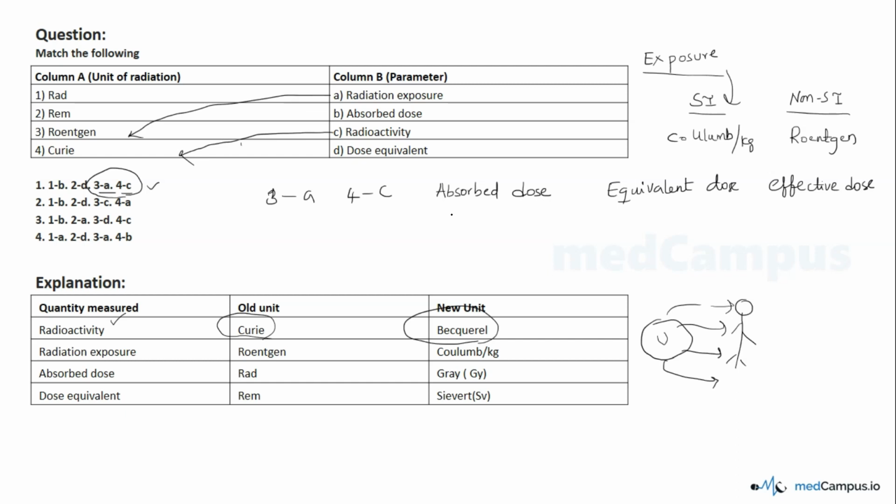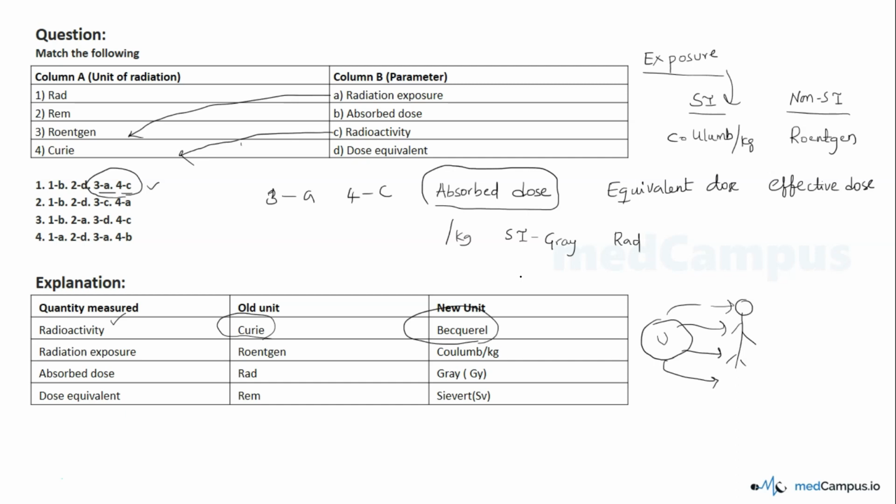But how much of the exposed radiation are you getting absorbed? So how much of the exposed radiation is entering into your body is the absorbed dose. It is the total amount of radiation delivered per unit volume of organ, that is kg. So this is the amount of energy you are getting absorbed. So how do you measure absorbed dose in general? The SI unit of absorbed dose is Gray, and the non-SI unit is Rad.